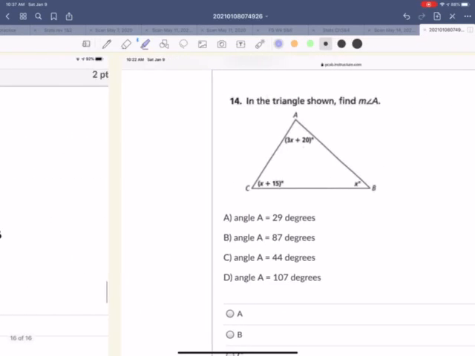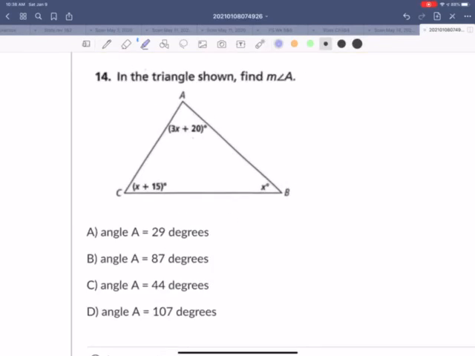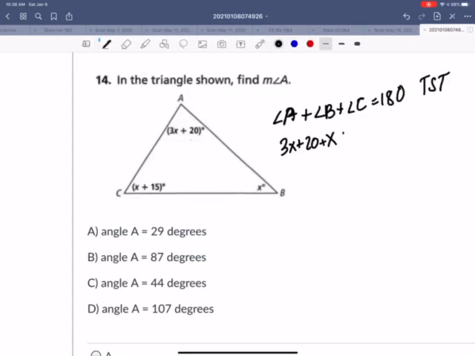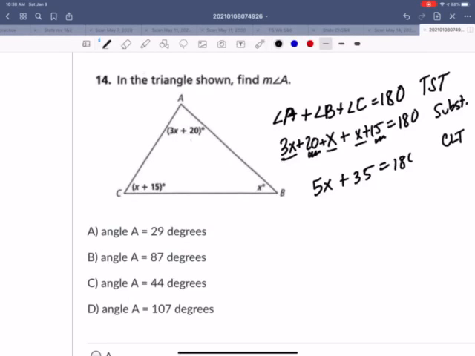All right, let's look at question number 10. Here in the triangle, what would angle A be? So we see that there's 3 angles, and we know the triangle sum theorem states they should all add up to 180. So if A is 3x plus 20, B is x, and C is x plus 15, then I can combine them. And this is just substituting in these values they've given us. So to combine these terms that are alike, 3x plus x plus x is 5x total, and combine these that are alike, 35,